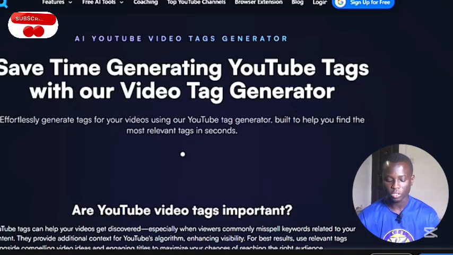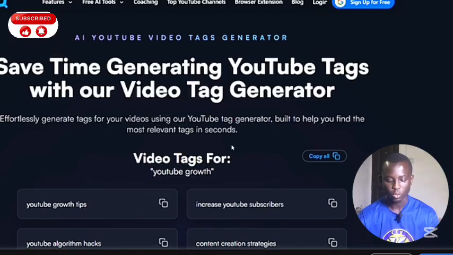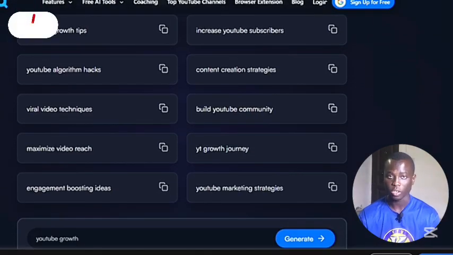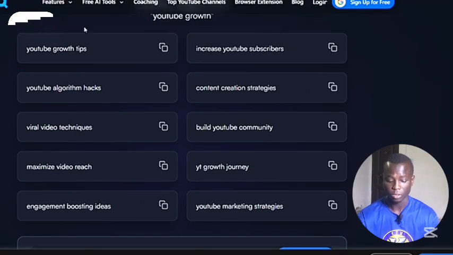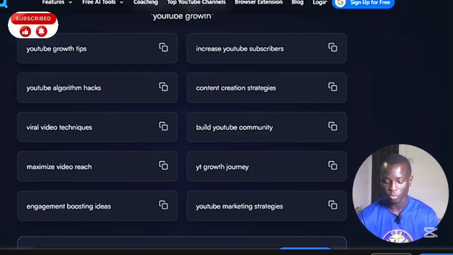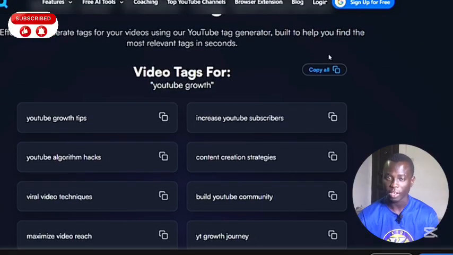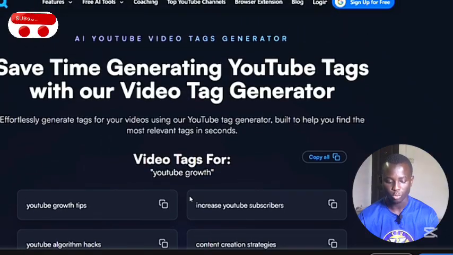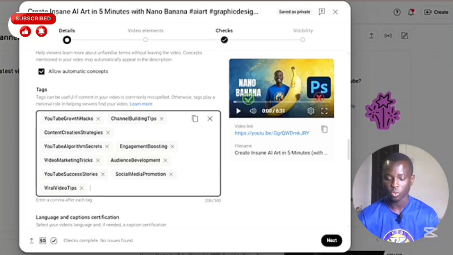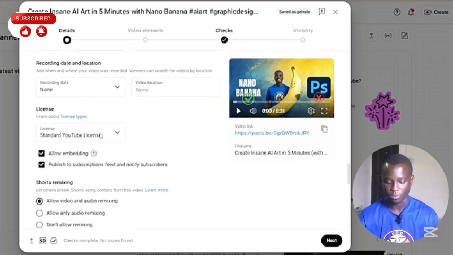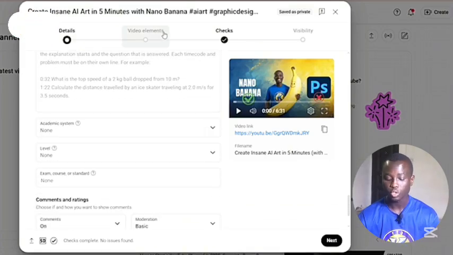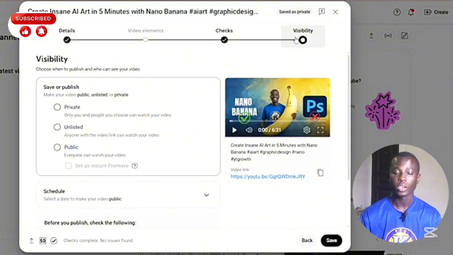So while it is loading, you see it is done loading. You see, so it has given you tags that you can use in your description. So you see the tags it gave me. So if you want, you can copy it over here or copy all to over here. Then you go back to here and paste it over there. So whilst we are done with this part of the video, let's now proceed to uploading, where to set our